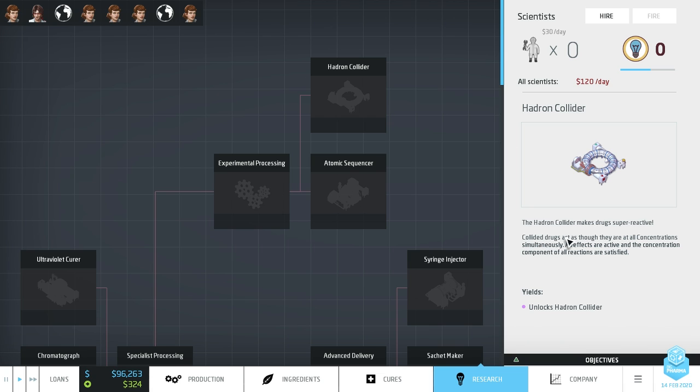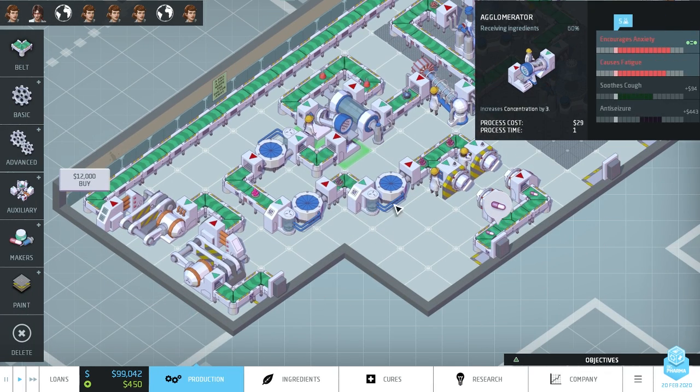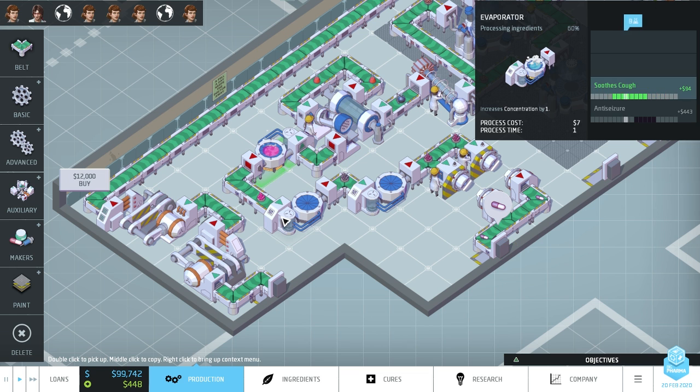Collided drugs act as though they are at all concentrations simultaneously. All effects are active, and the concentration components of... Basically it makes everything active, but I can't reach that right now, so I just need to use 3 evaporators